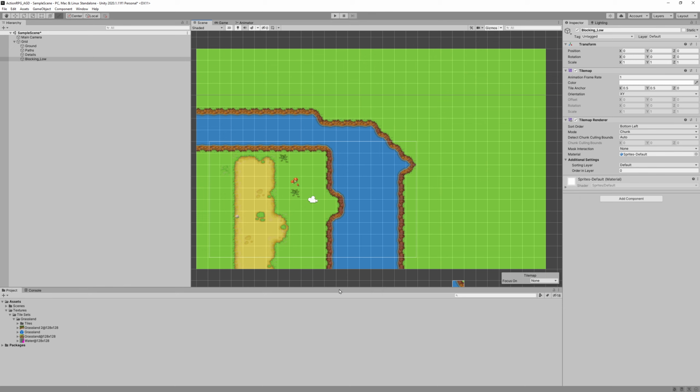Okay, so we have my water low layer painted down. So the blocking low, like I said, we're going to talk about using a tile map to change up the colliders so that flying units will ignore this, but ground walking units will get blocked by it. So next up on top of that,